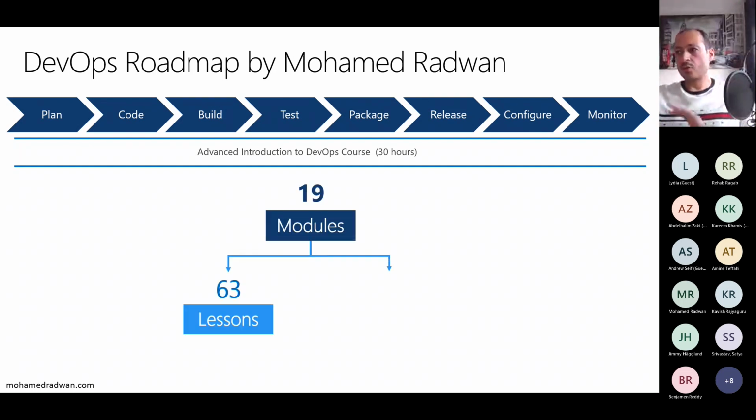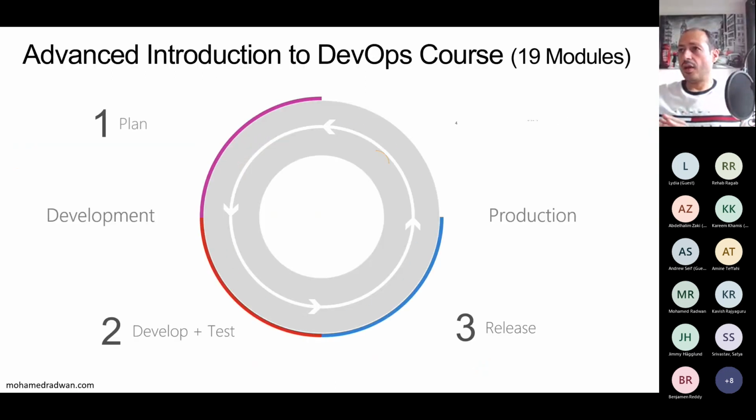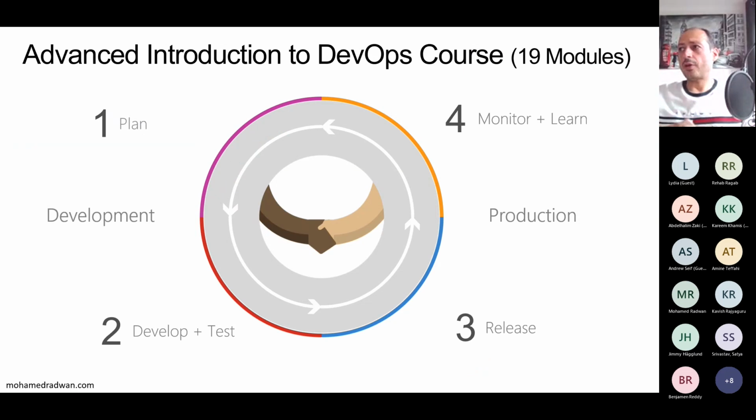So this course contains 19 modules with 63 lessons and 83 demos. What we are going to see today is just 2 demos of the 83 demos, and it's just 3% of what is included in the course. Okay, so in the complete Advanced Introduction to DevOps course, in 19 modules, we cover the entire life cycle,